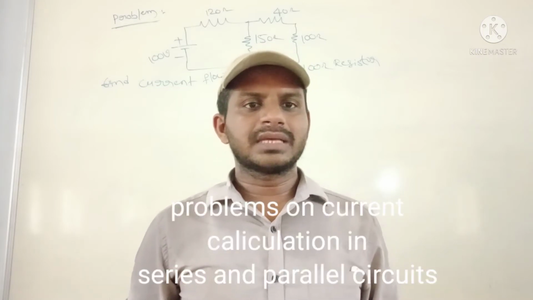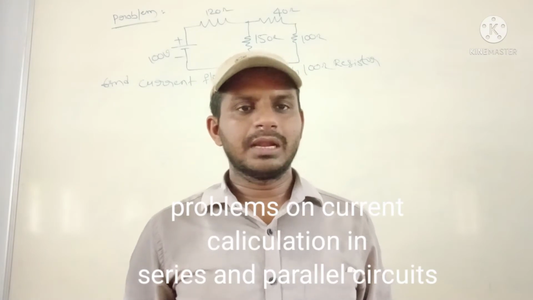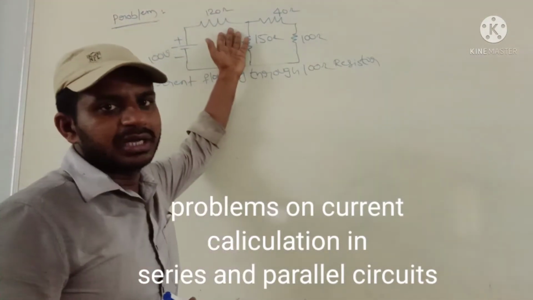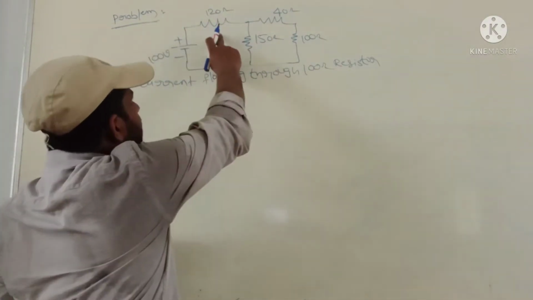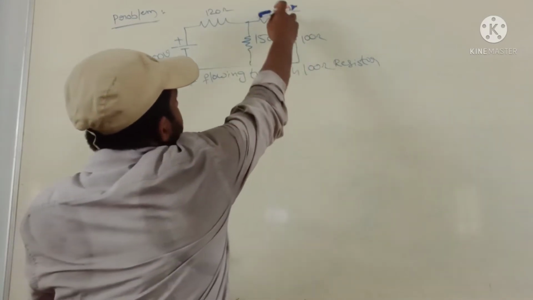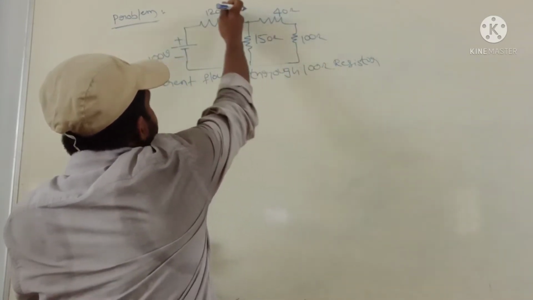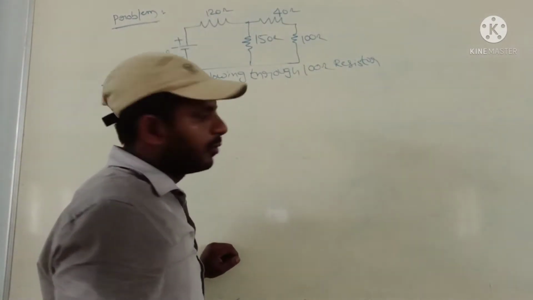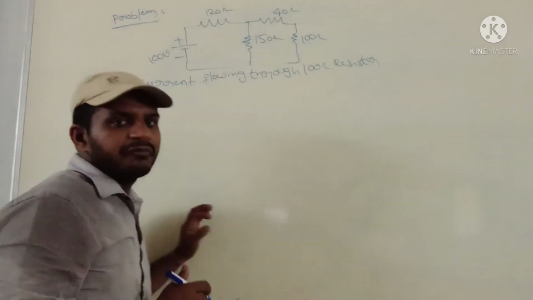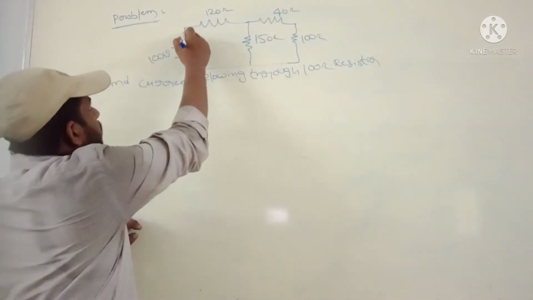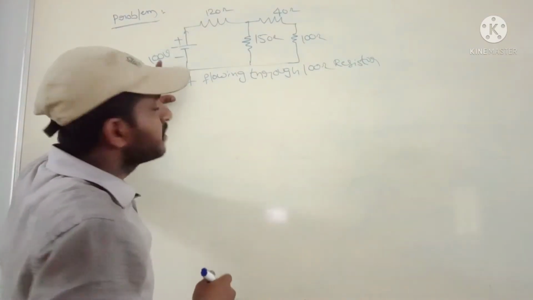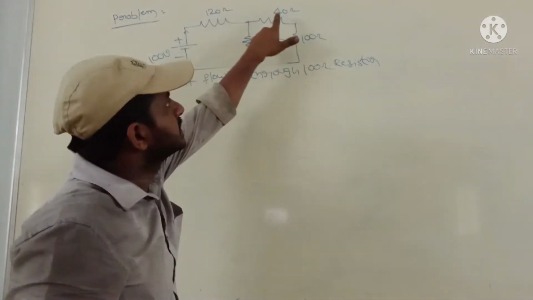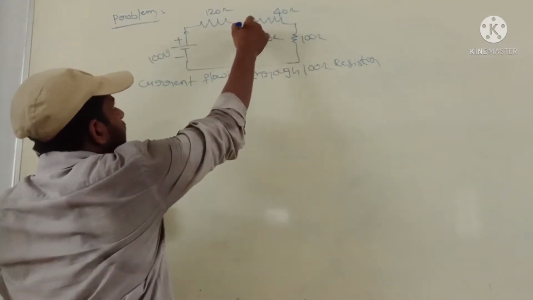In this also, the total current developed in the entire circuit is what we need. Now let us see the given question. This is the given problem. The problem contains 40 ohms, 100 ohms, 150 ohms, 20 ohms, 120 ohms and 100 ohms. Here also we have to find the total current flowing through the entire circuit, when the supply given is 100 volts. How much current will be flowing through all the elements, we have to find.